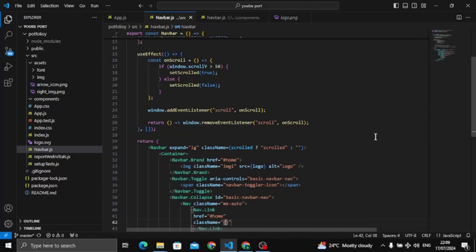If it's active, then we've got to direct it to home, whereas otherwise we've got to direct it to